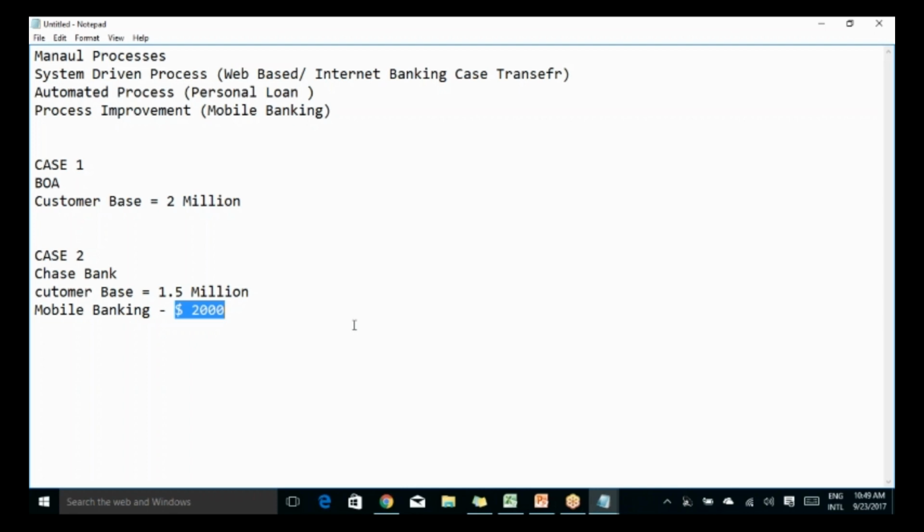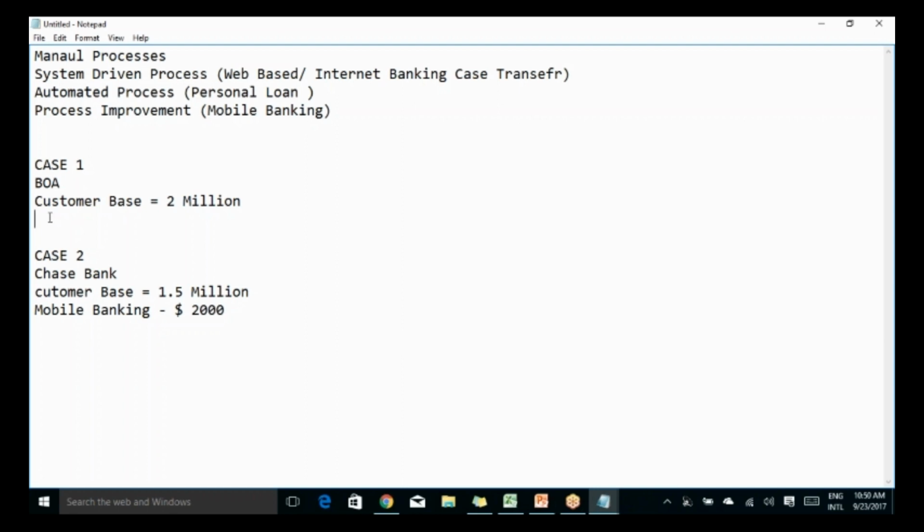Yes, okay. People will pay for convenience. So there are two aspects to this case. In the first case, if you see, they don't have anything as a mobile banking application. Neither do they have anything in the pipeline proposed, that okay, we would also make this mobile banking for our customer